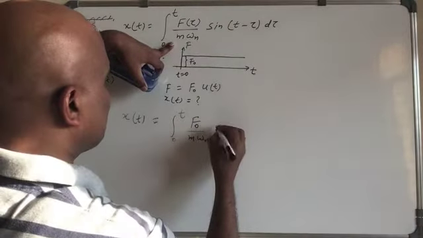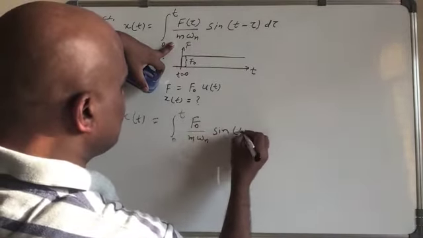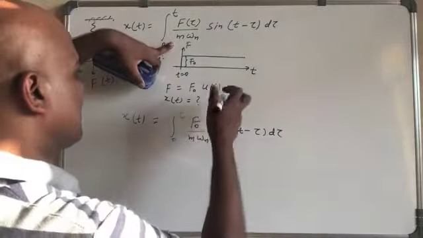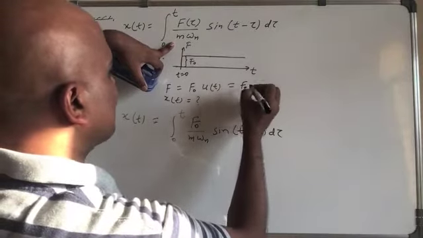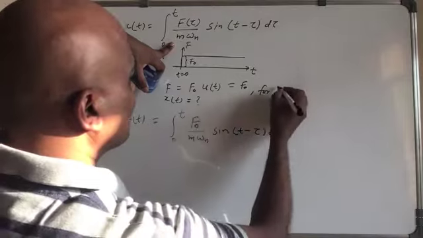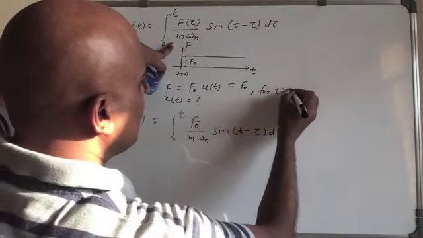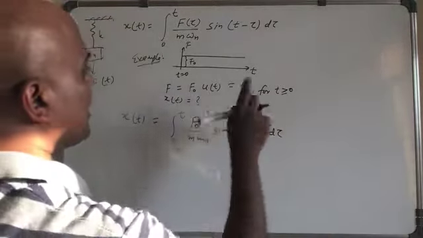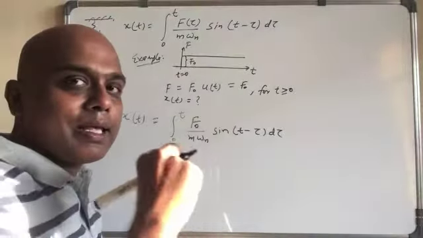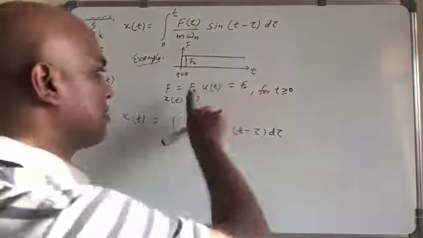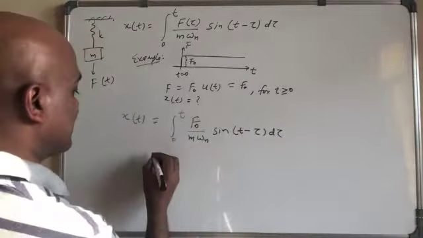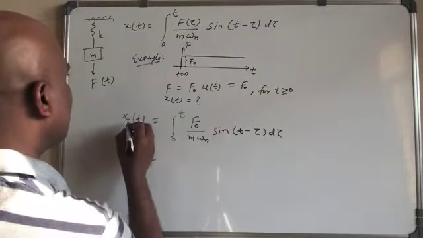Right, then sine, then t minus tau, t tau. So this is equal to f naught for t greater than or equal to 0. Right? So you can write like this. So it is basically f equal to f naught only, because u(t) starts right at t equal to 0. Right? So we can write like this also. So this is the solution what we are getting, x(t), because of